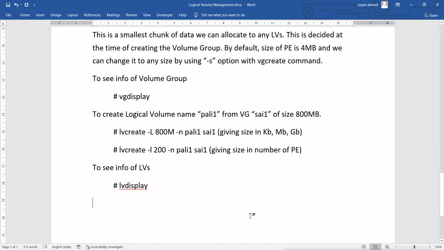So what we do: to create a file system, we use the command mkfs dot the file system which we want, with the path of the LV.